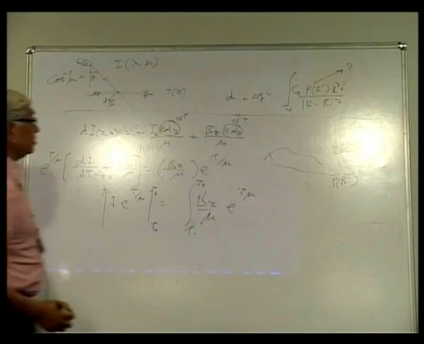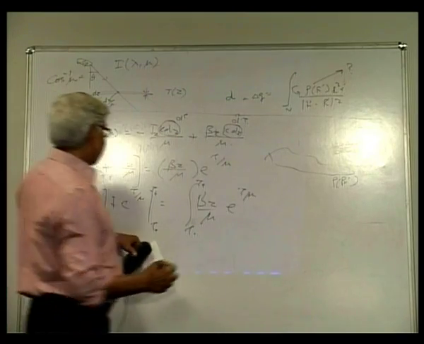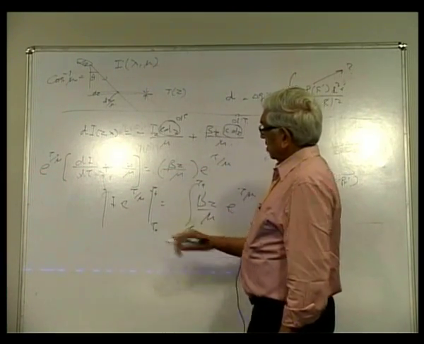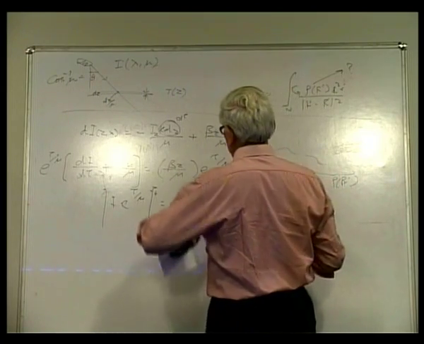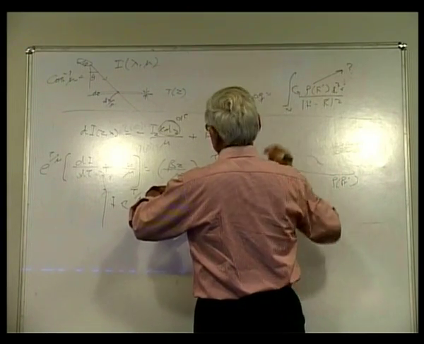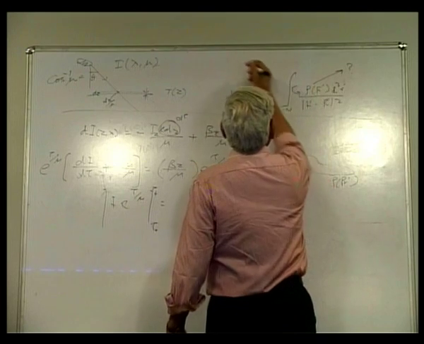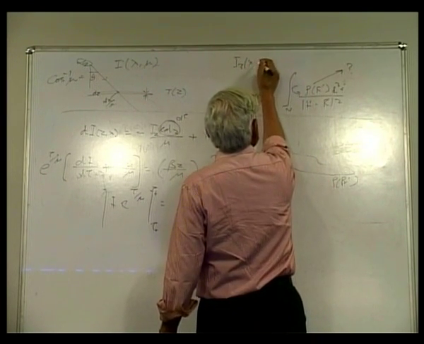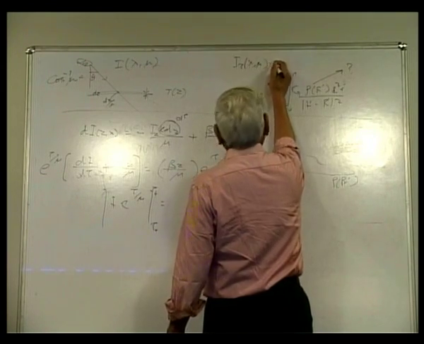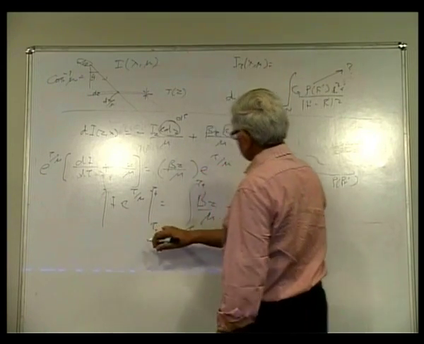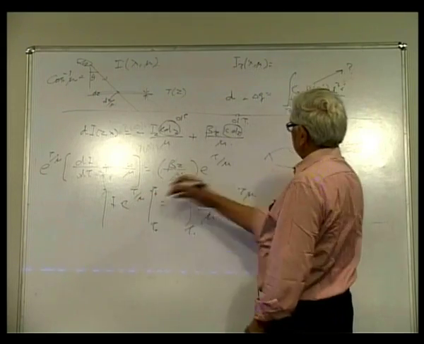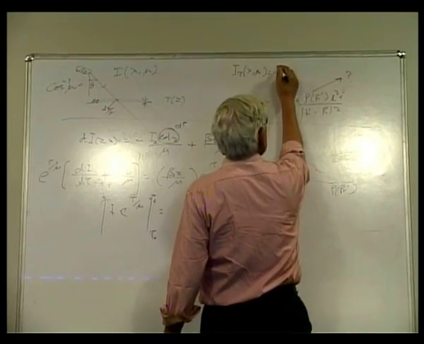And a little reflection will show that when you put these limits at the top, you'll get what the satellite will see, I at lambda and mu. On this side will be I0, and this e to the tau over mu can come on that side. So it really becomes